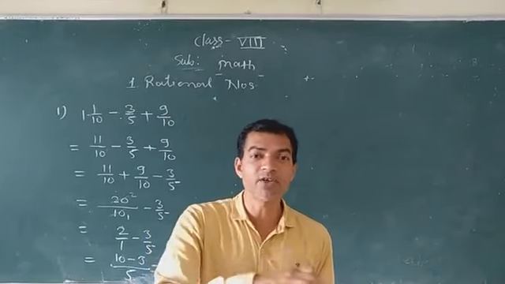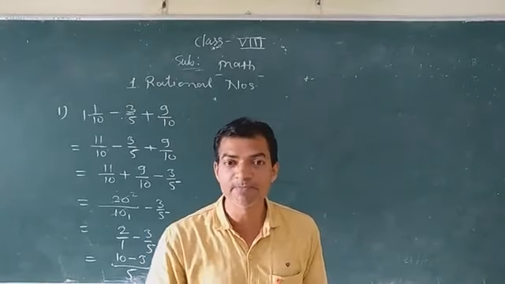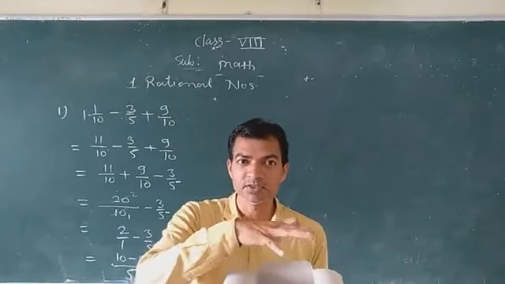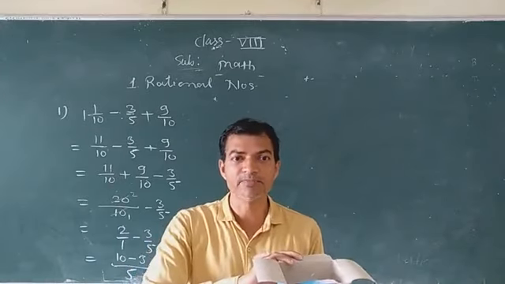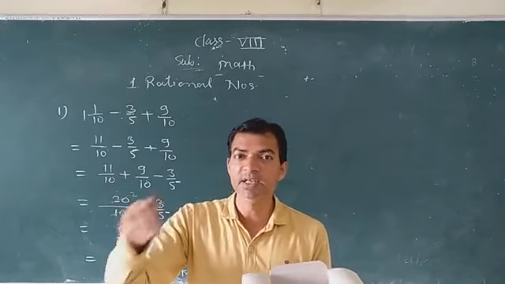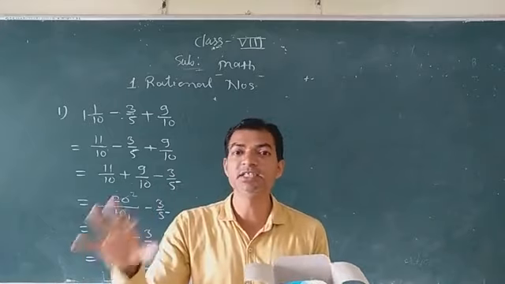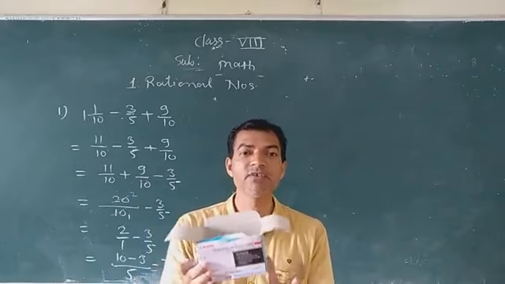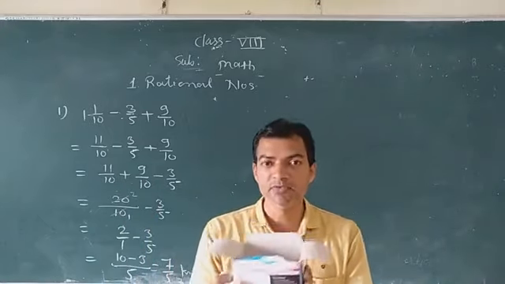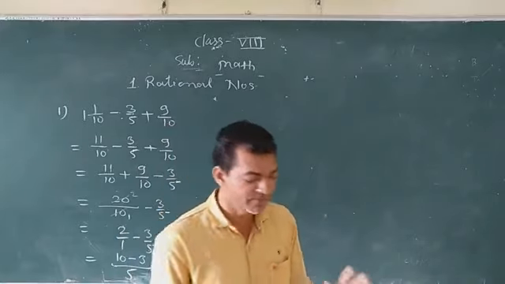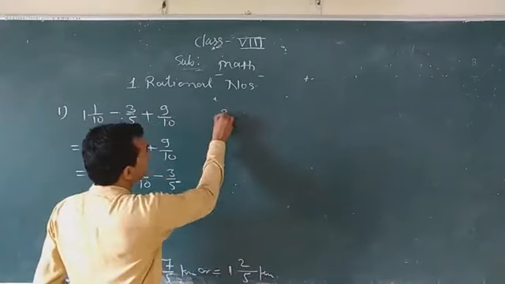Okay, the weight of the chain is given. So what do you have to do here? First you have to write the total weight of the box, then you have to remove the chain, meaning you have to subtract the weight of the chain. Then you will get the answer. That is the remaining weight. That is the weight of the box. Okay, understood? So in this way you can write here the second problem.